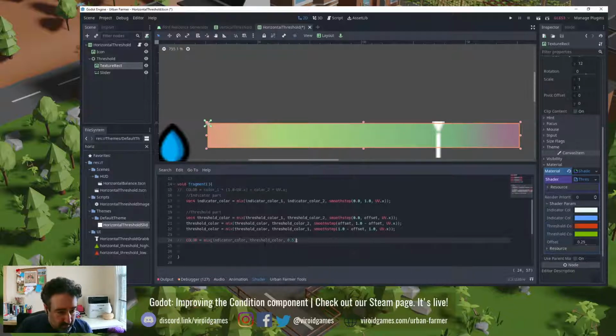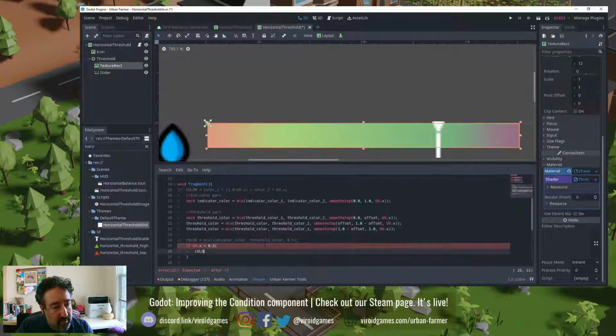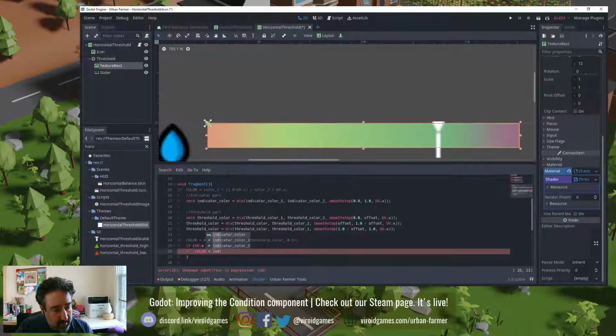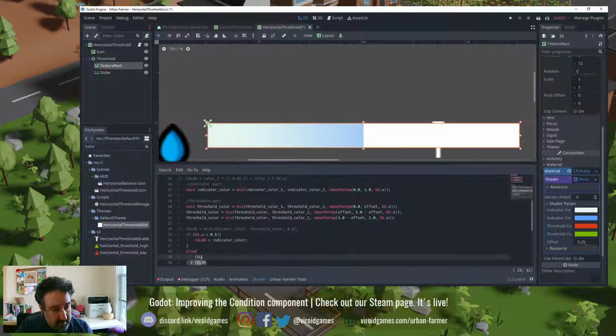Now I remember writing something like this. If UVX is less than half, then color is indicator color. This is your problem. Oh, you are not script. You have indicator color. Else, you are threshold color. Problem though, this is still going to do it in